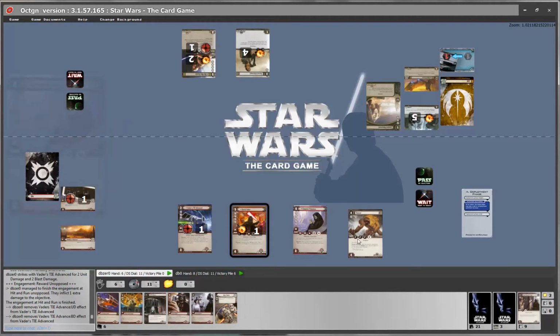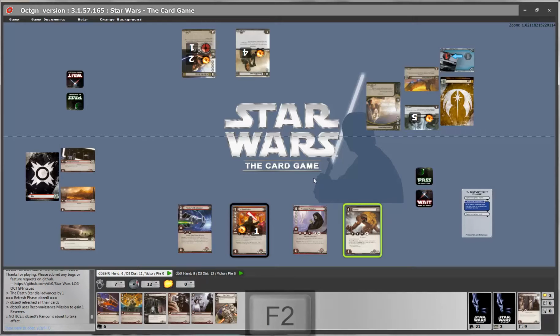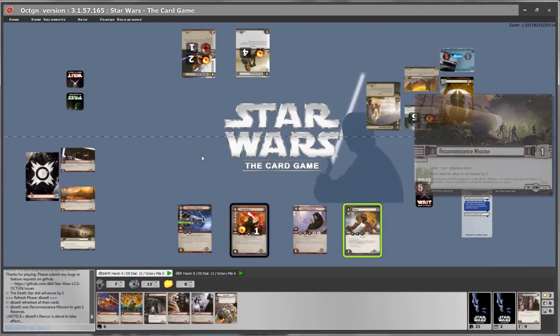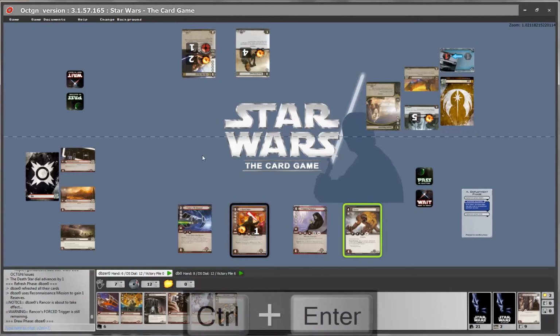One last thing about reacts that we see is forced reacts, like a Rancor. A forced react is special in that you cannot skip its effect. Normally, if a card is about to trigger and we ignore it, its reaction will go away. Let's see what happens with a Rancor. Go to the next phase.